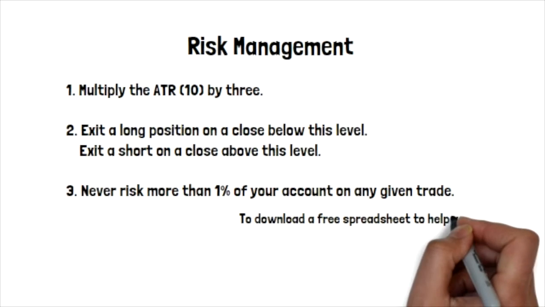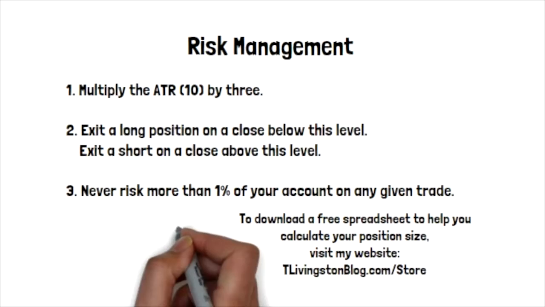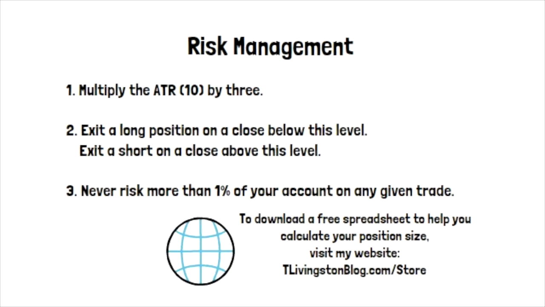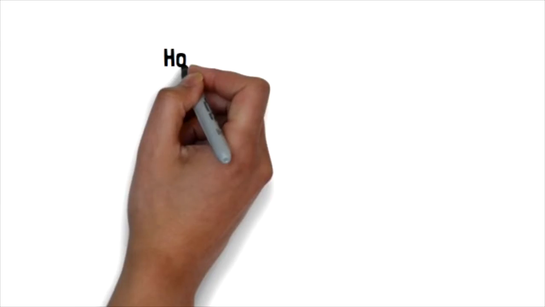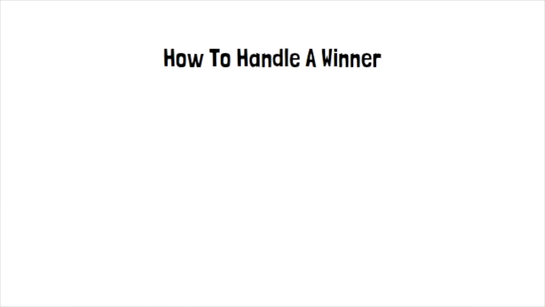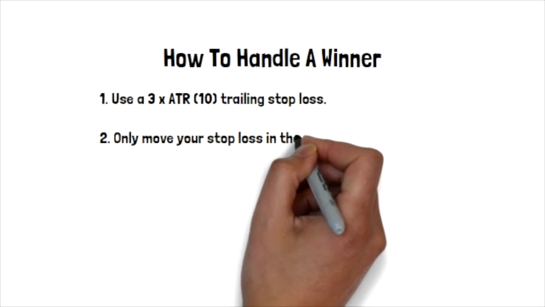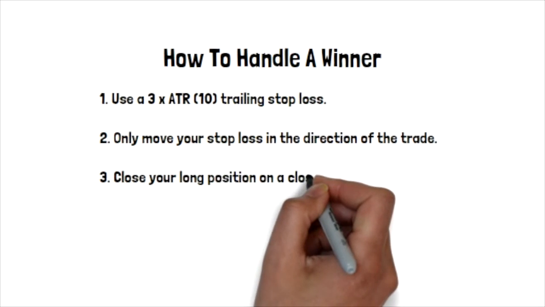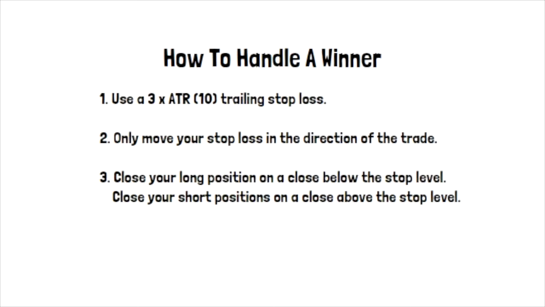This 3 ATR initial stop loss was his first guard against a huge losing position. In addition, he would never risk more than 1% of his account on any given trade. This would allow him to survive a series of losses without getting himself into too much trouble. Basso knew handling a winner was very important to trading success. He needed a way to trail his stop loss while at the same time allowing the position room to fluctuate normally. He decided to use ATR for this as well. He would trail his position with the same 3 times average true range stop loss.